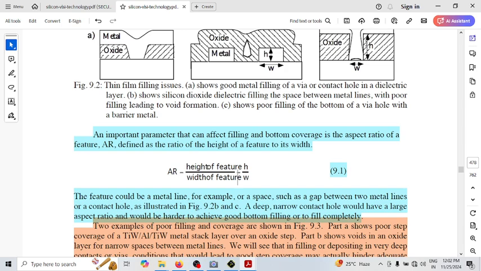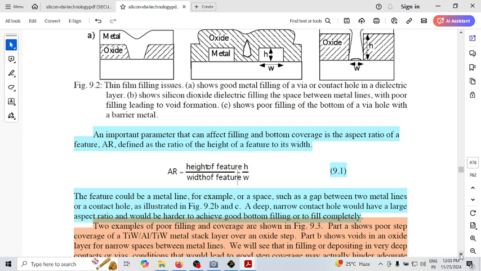So if the aspect ratio is more, when does that happen? When it is a deep filling and narrow filling. Narrow means width is less, and deep means height is more. So when the aspect ratio is more, then coverage and filling is a typical difficulty. So we have to keep the aspect ratio not too large, so that you do not end up with this problem of not filling